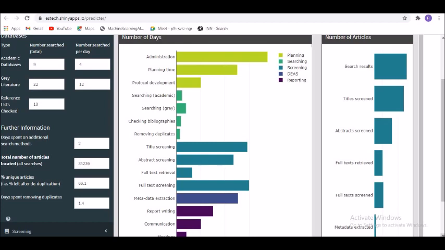However, maybe in one of the videos from my end, I'll be showcasing to you how much time you need to spend when you are talking about academic databases, gray literature, whether a reference list was checked or not, or a day spent on additional search methods, total number of articles located, how many of them you were able to do, percentage of the unique articles, that is, the percentage left after deduplication, and days spent. So you see, doing a systematic literature review in this manner differentiates from your review of literature,